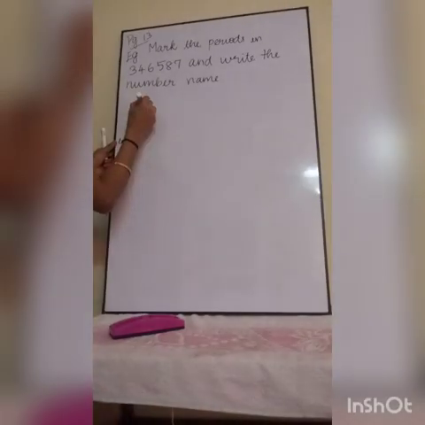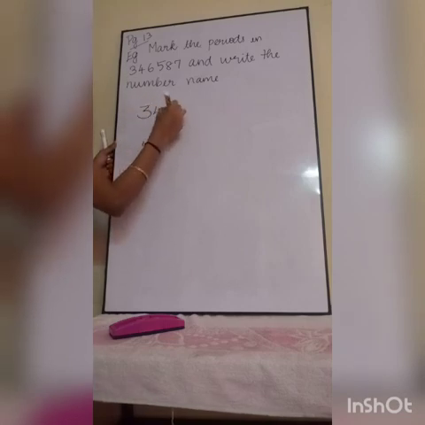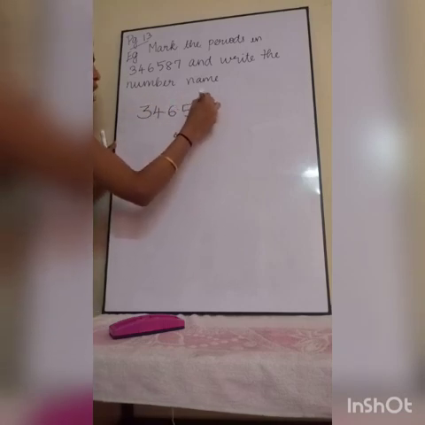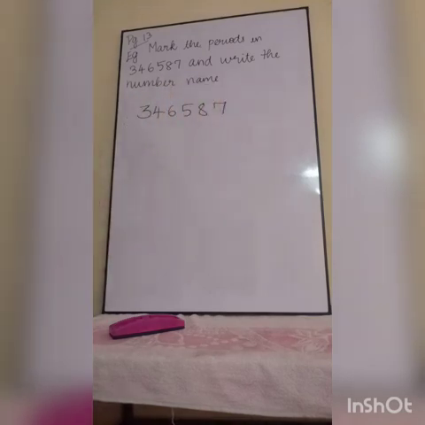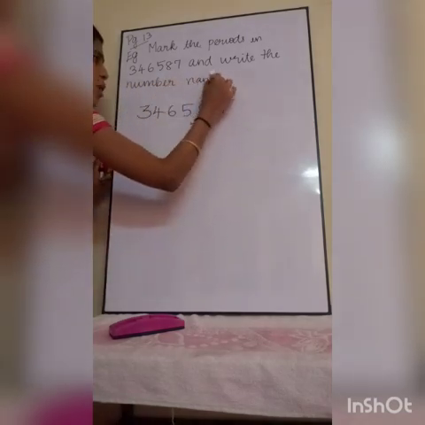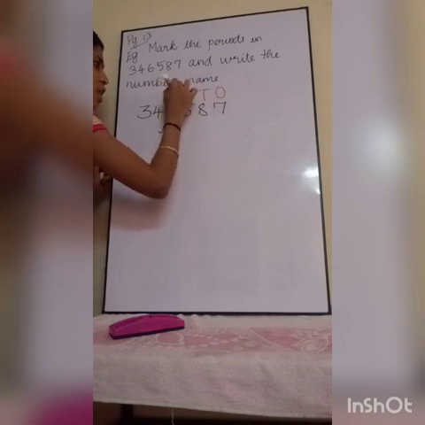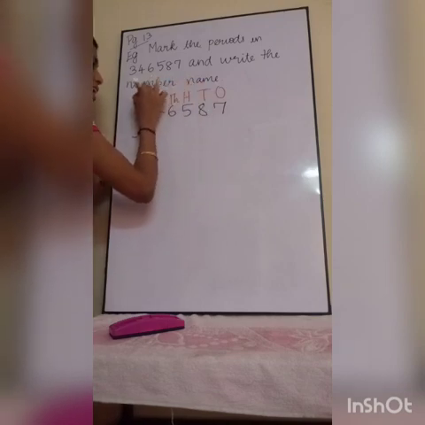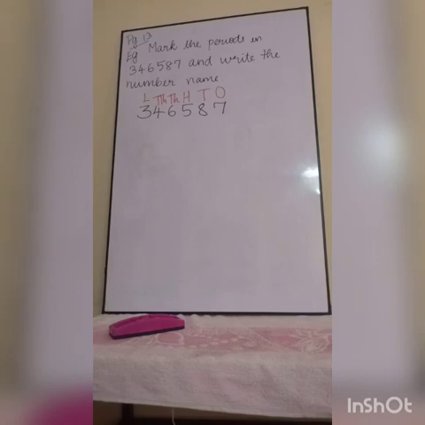Now listen, first we have to separate the periods. So what is the question? I have written the number here. How will you separate the periods? First you should write the place values, right? After writing the place values, you will separate them in groups. The place values are ones, tens, hundreds, thousands, ten thousands, lakh, right?